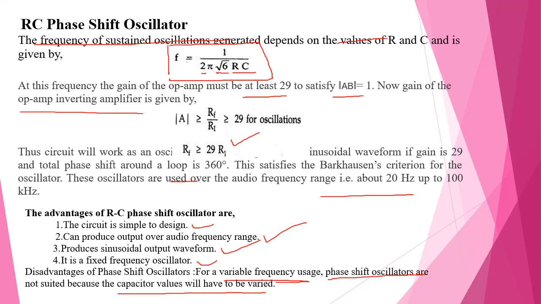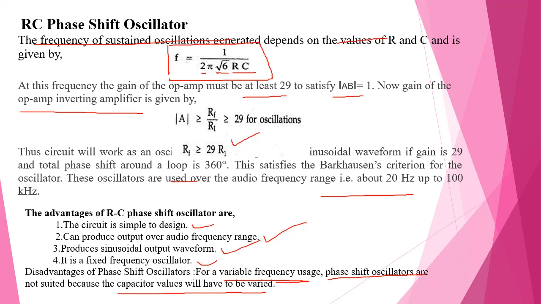Now the gain of this op-amp inverting amplifier is A is greater than or equal to RF divided by R1, equal to 29. Therefore, RF is greater than or equal to 29 times R1. This circuit will be an oscillator and will produce a sinusoidal waveform. If the gain is 29, the total phase shift around this loop is 360 degrees, and this satisfies the Barkhausen